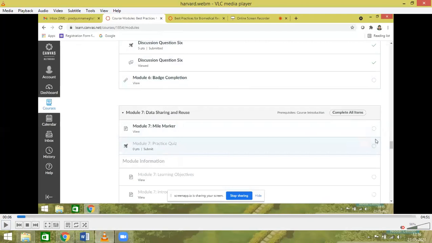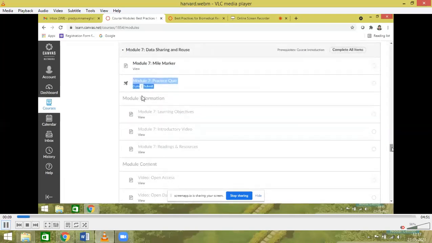You click on the modules tab. Step by step, each module you finish. So before doing the module, it will be entirely blank. You cannot access this one. You see here, this is important. So I am about to finish module 7, which is data sharing. Computer data, ones and zeros. See, before completing the module, it will show you as view.